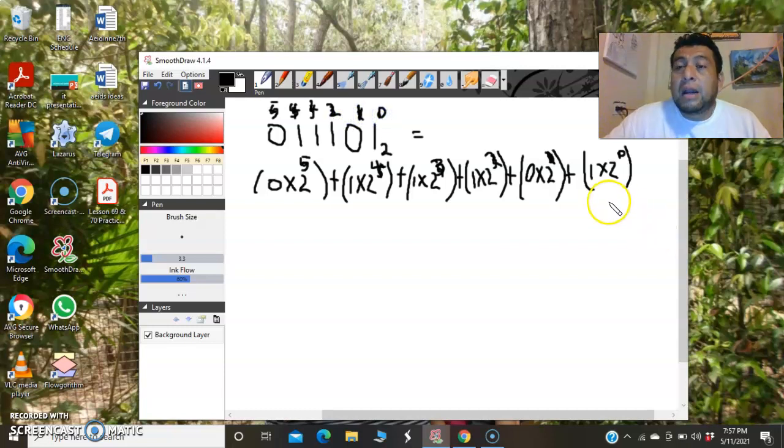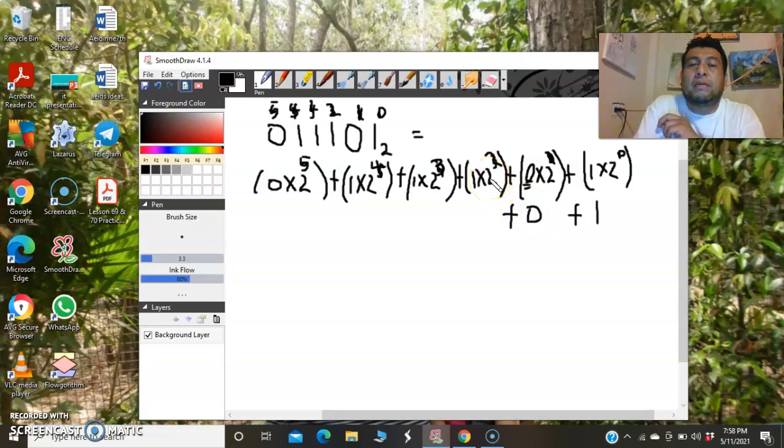Okay, and I did mention to you that anything to the 0 power will always be 1. 1 times 1 will be 1 here, plus, in this case I don't even have to multiply. Why? Simply because we have a 0 here as a bit, and anything that you multiply by 0 will automatically be 0. Okay, here that means that 2 will be multiplied 2 times, which means 2 times 2, which is 4. 4 times 1 is 4, right, plus